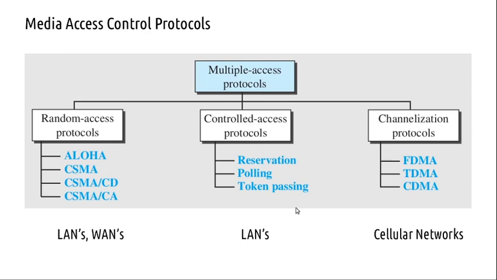In controlled access, you issue tokens. Usually there is a token, or a controller which polls each of the nodes, and then communication takes place. And channelization, that is, multiple access protocols in cellular networks: frequency division, time division or code division multiple access